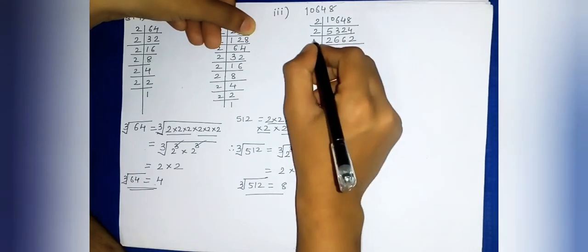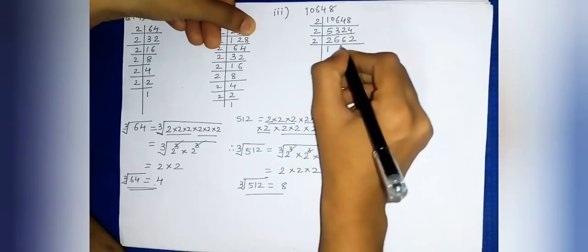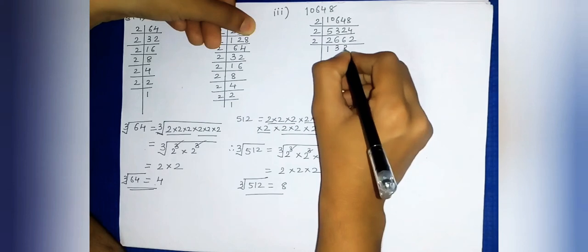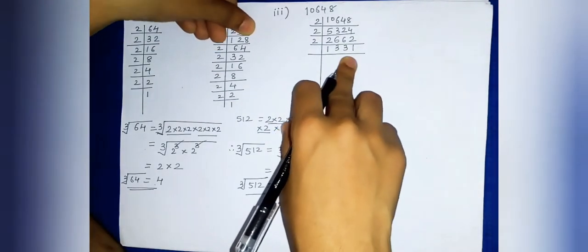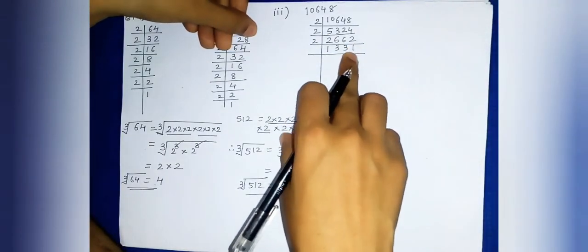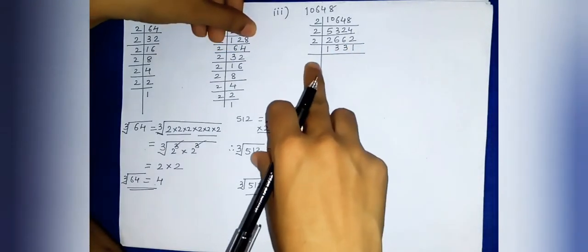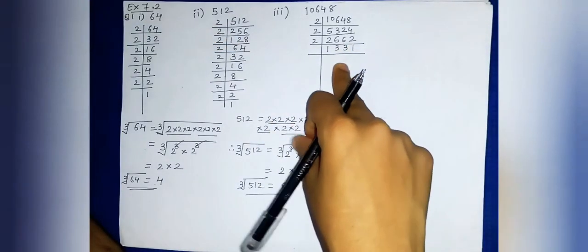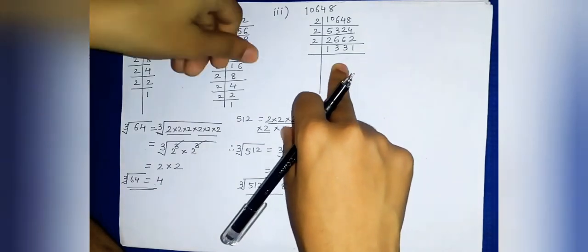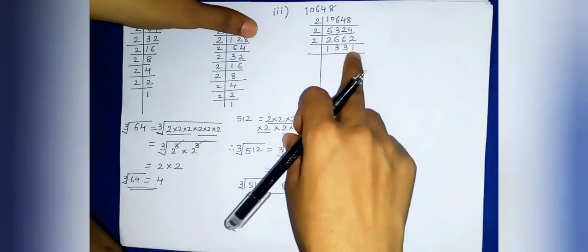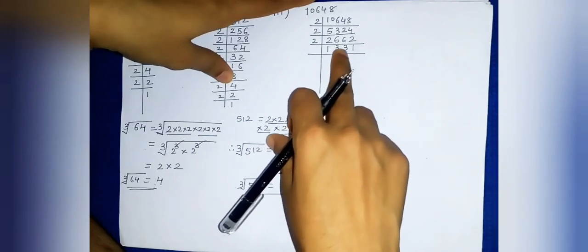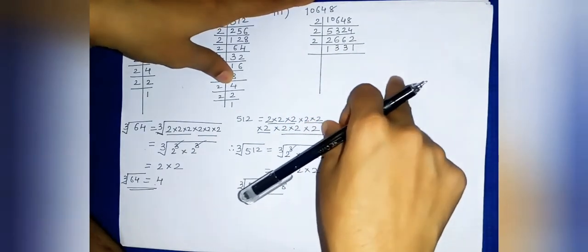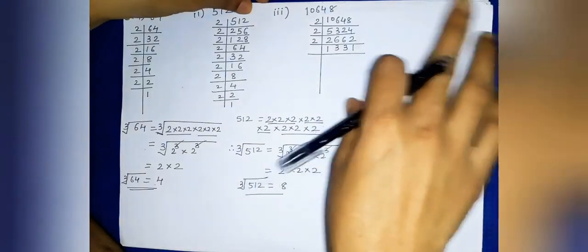Now again with 2, so 2 1s are, 2 3s are, again 2 3s are and 2 1s are. Now 1 3 3 1, if you check, the last digit is an odd number, so we cannot start with 2. Again, if you check with 3, the divisibility rule of 3, it is not possible with 3 also. The sum of the digits, 1 plus 3 plus 4 plus 5 plus 6 plus 7 and 8, is not coming in the table of 3, so with 3 also not possible.